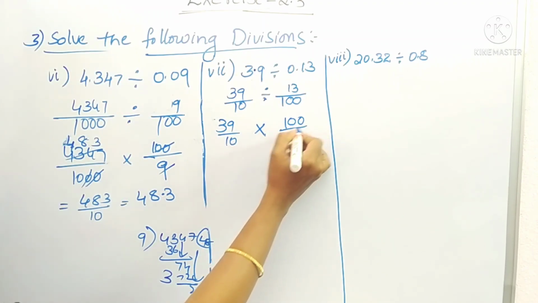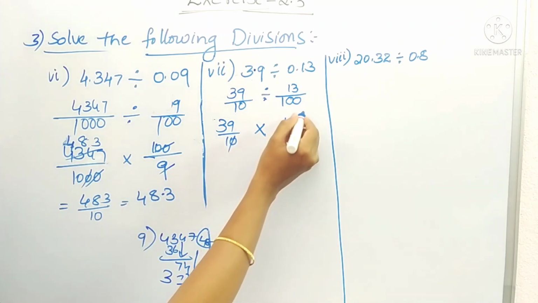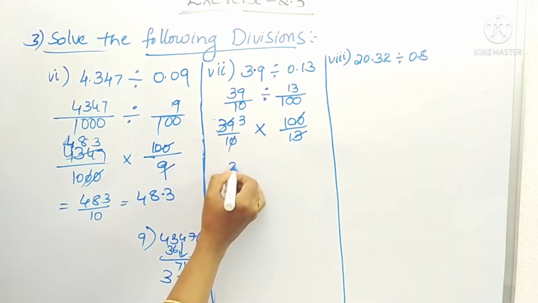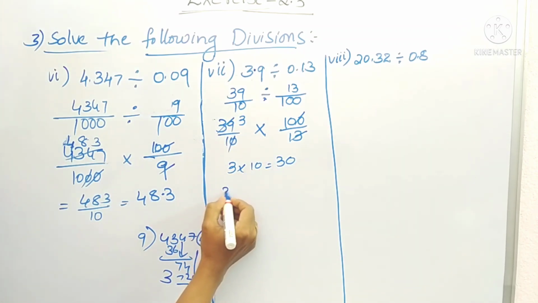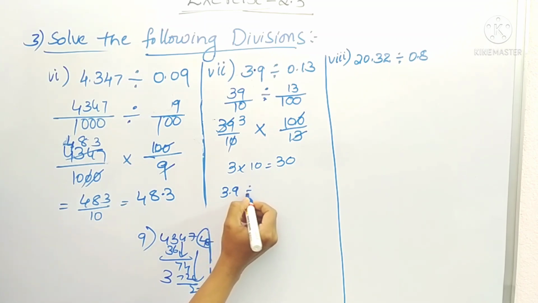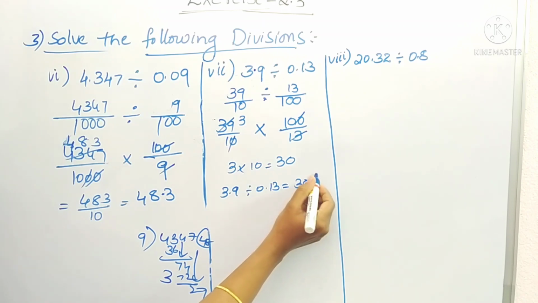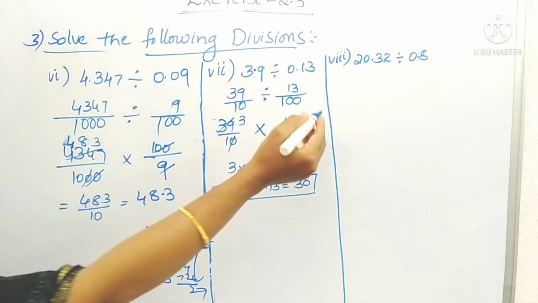And just simply reverse the fraction. So now cancel 0 and 0. 13 3s are 39. So 3 into 10, that will be 30. So 3.9 divided by 0.13 will be 30. Okay? And our eighth one,